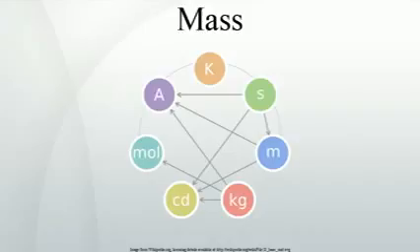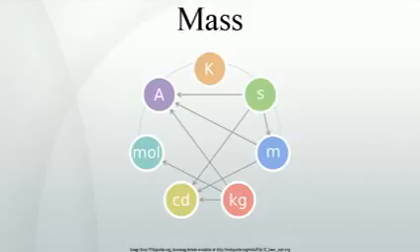Inertial mass measures an object's resistance to changes in velocity, m equals F over a, the object's acceleration. Active gravitational mass measures the gravitational force exerted by an object. Passive gravitational mass measures the gravitational force experienced by an object in a known gravitational field. Mass-energy measures the total amount of energy contained within a body, using E equals mc².